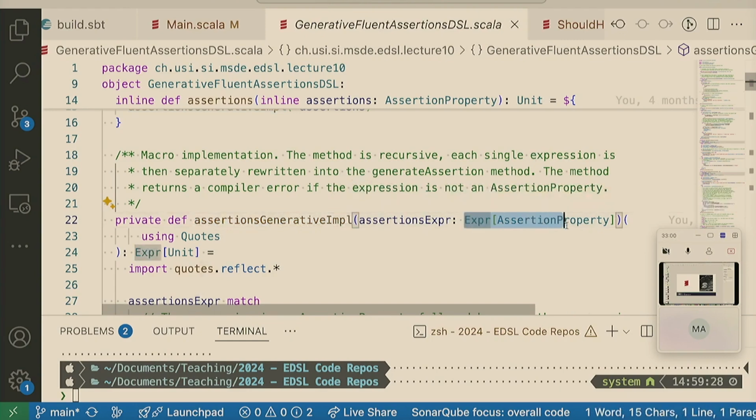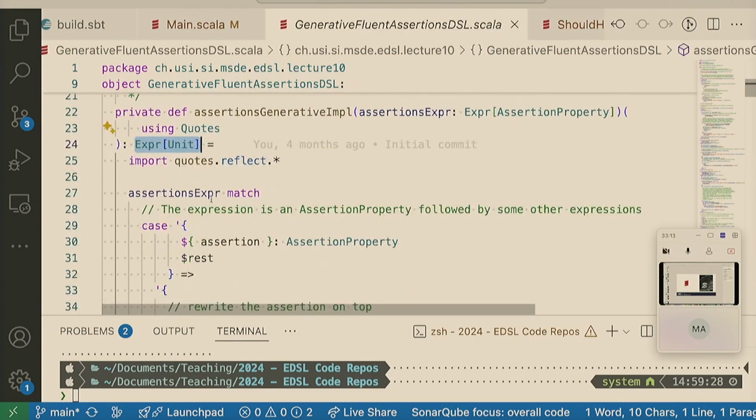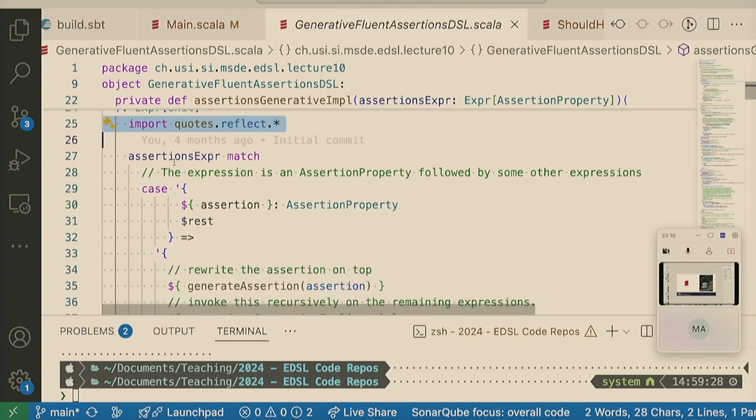It takes an expression of this assertion property class, so an AST, and returns an expression or unit. An AST, but it's pretty much void. It's a set of assertions, so it doesn't really have a type. So let's ignore this for a second. So what I first do